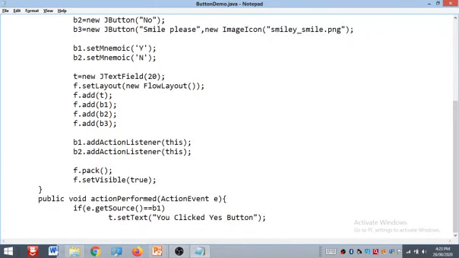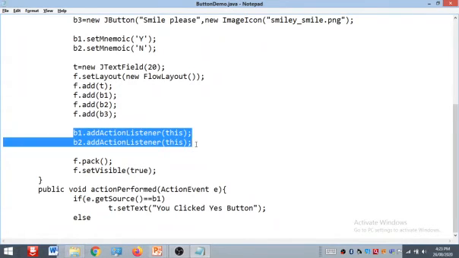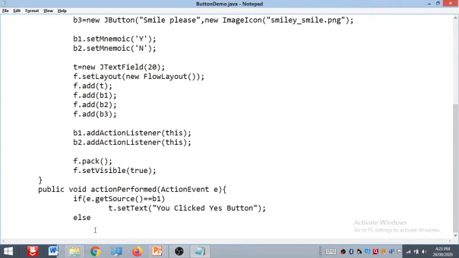Similarly, if someone clicks on another button, we are providing action for only two buttons, B1 and B2, not for the third one. So here set text: you click on no button.